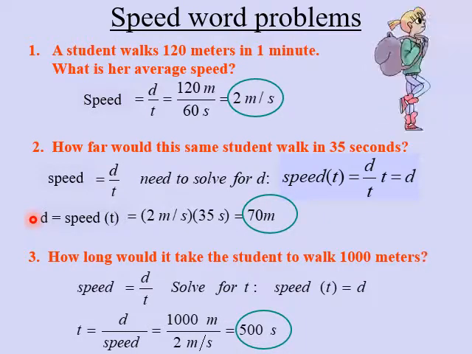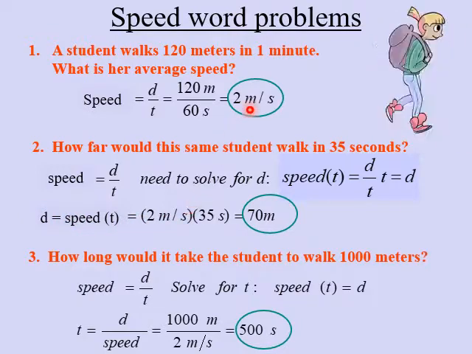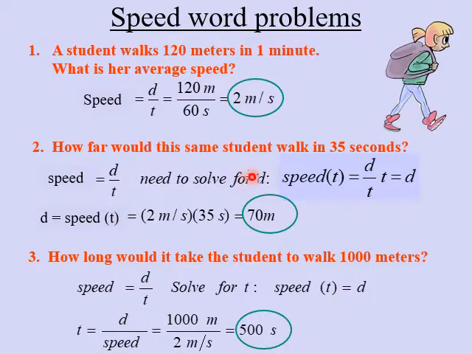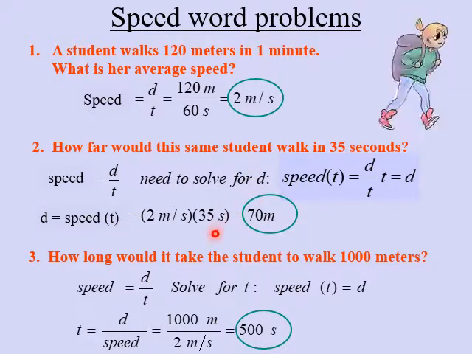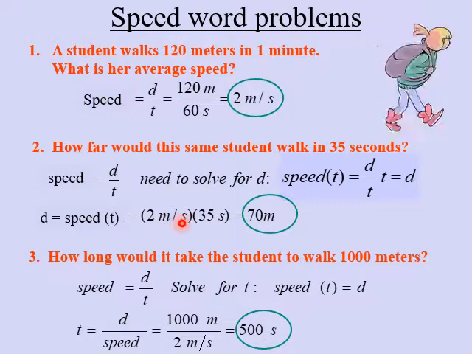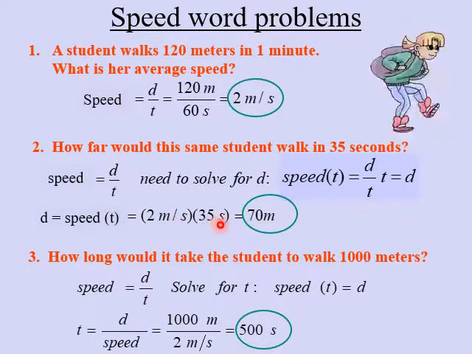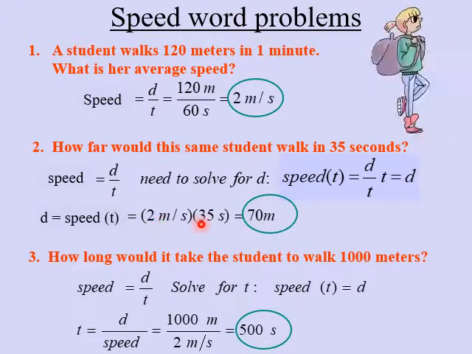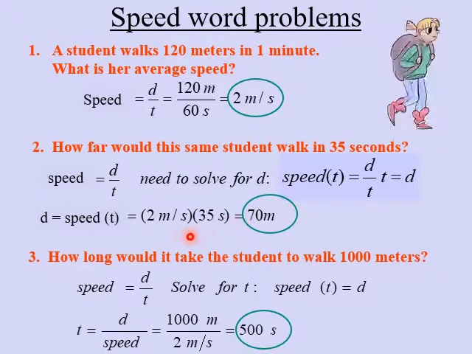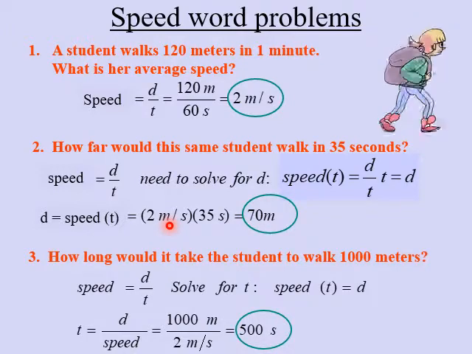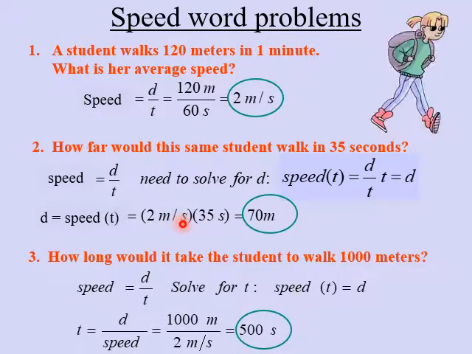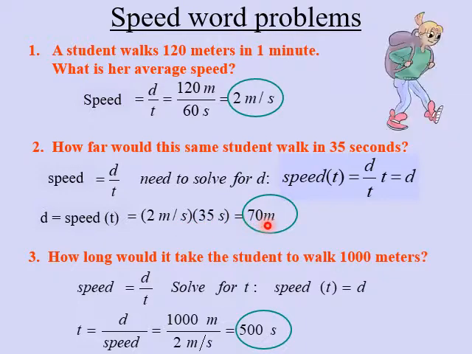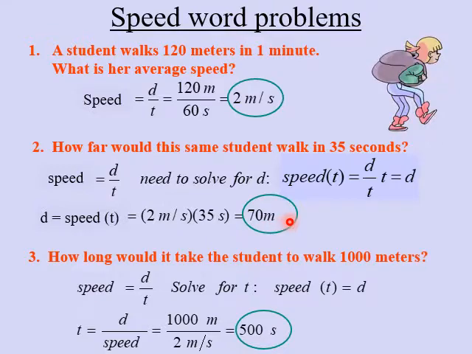So now we can plug in some numbers. We know her speed from up here was 2 meters per second. And then we have to multiply that by the time, which we were told was 35 seconds. So we have 2 meters per second times 35 seconds. And we can, again, just do this arithmetic in our head. 2 times 35 is just 70. And look what happens to our units. Here we have meters divided by seconds times seconds. So these seconds cancel each other, and we're left with just meters, which makes sense because we're solving for a